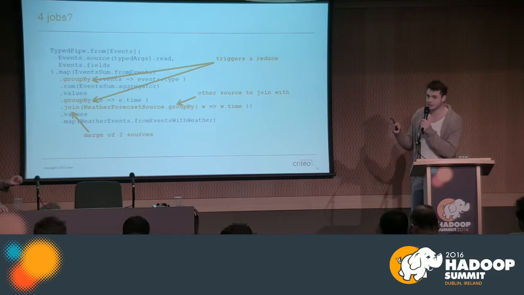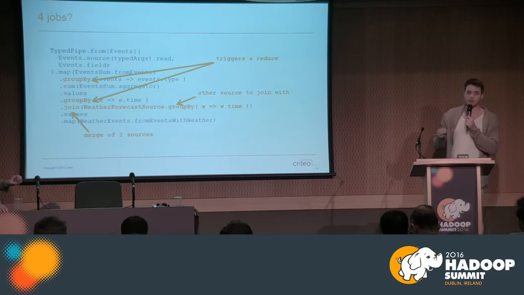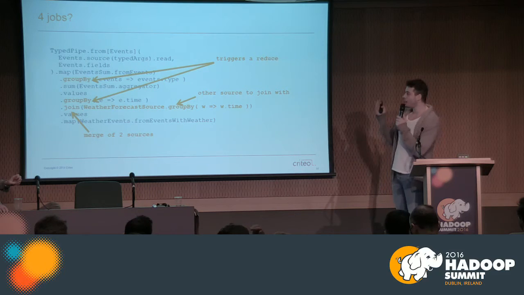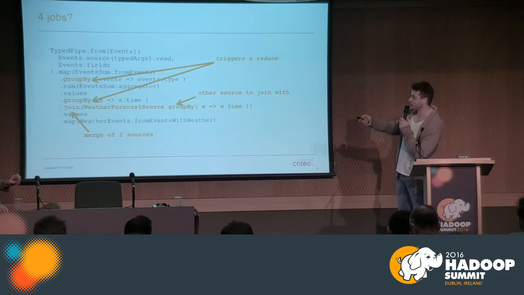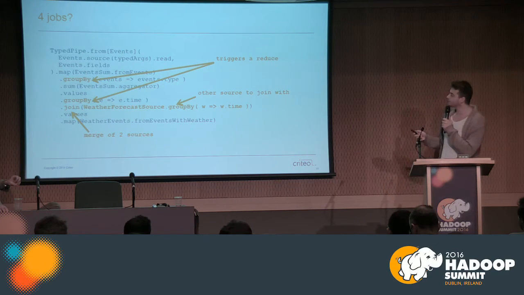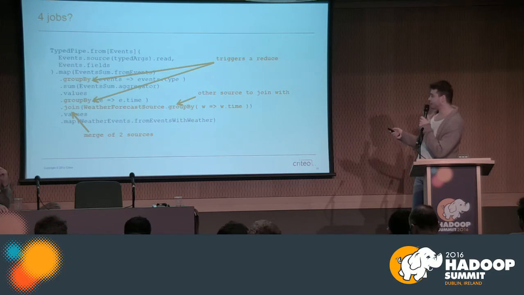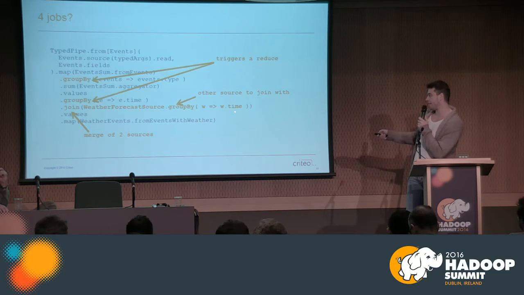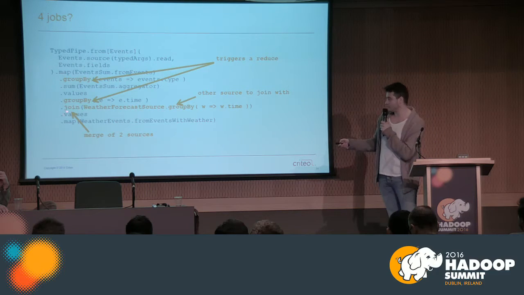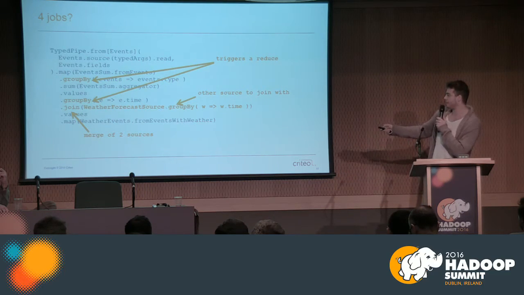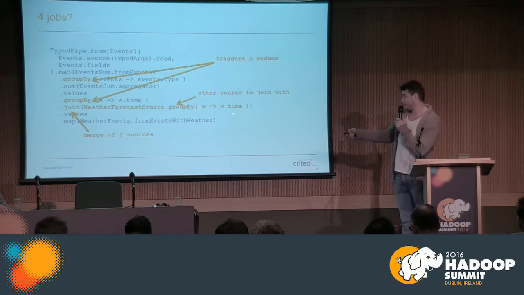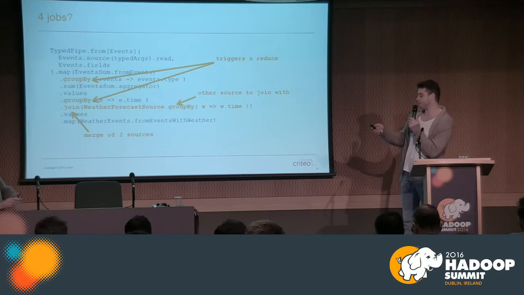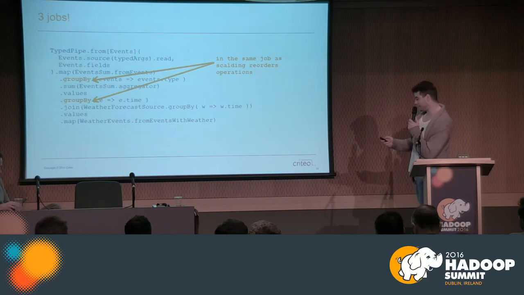When we have a group by, as you have mappers taking data from the source, you need to group them, so you need to take all the results from all the mappers as a single result. So it means that generally a group by triggers a reduce phase. You have another group by triggering another reduce, a join with another source. This source uses a group by as well. So normally you should have 3 jobs, and as we need to merge all the sources with all the mappers, basically this source needs to be joined with the results of the 2 group bys, so it triggers a 4th job. Actually, no, because scalding provides